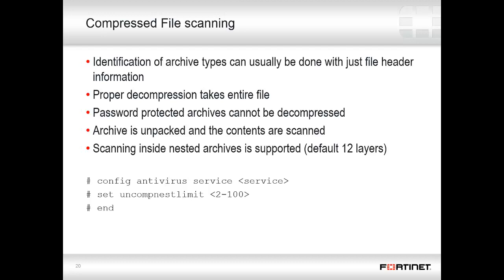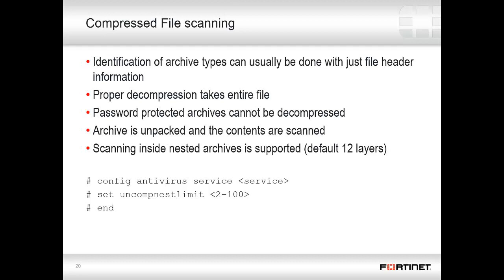Most archives can be properly identified using the header details. However, proper decompression requires the entire file. This makes it impossible to do for oversized files. If the archive is protected with a password, it cannot be scanned because the FortiGate won't be able to decompress the file. The way it works is that the archive is simply unpacked and the contents are scanned with whatever